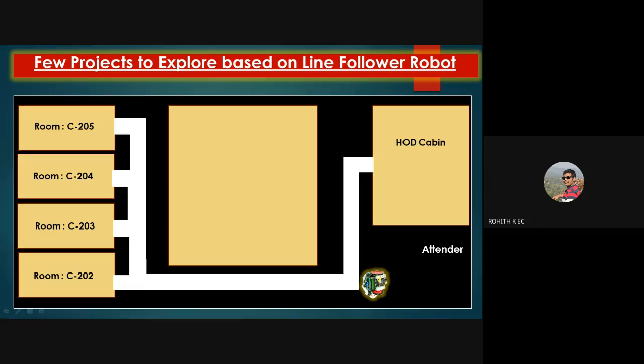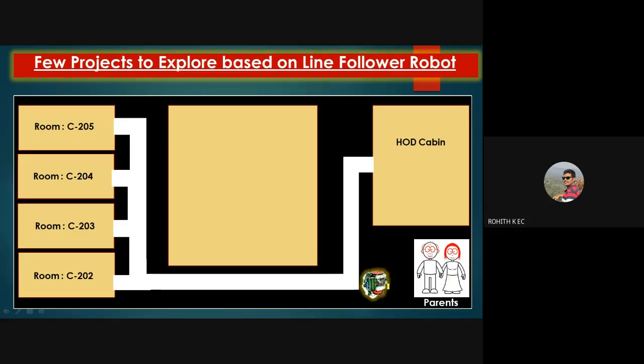The second scenario is some parents come from rural background, villages and suburban areas. So they don't know where is HOD's cabin. They'll just come to second floor and they'll be standing near the staircase. If you have a robot which can communicate in their regional language, say Kannada, Telugu or English, whatever it is, if you have a speech to text conversion module, the parents can interact with the robot and robot can talk to the parents by using text to speech conversion.